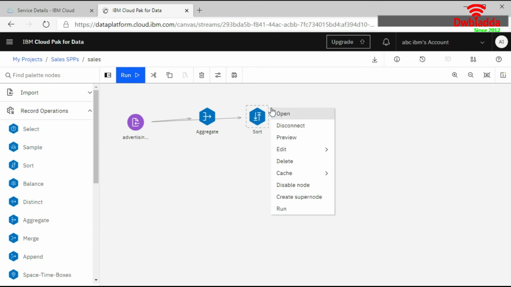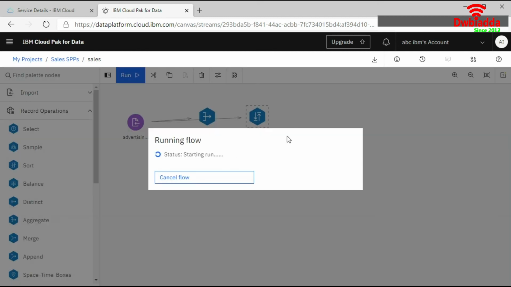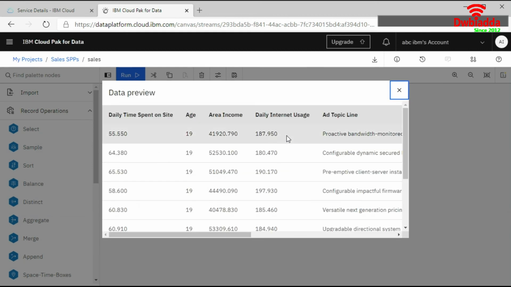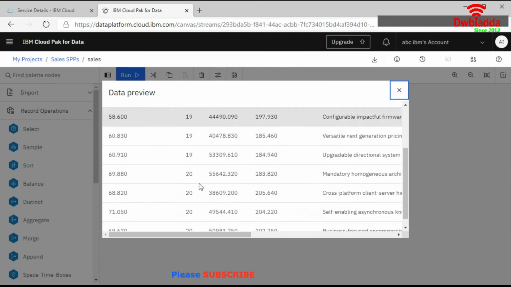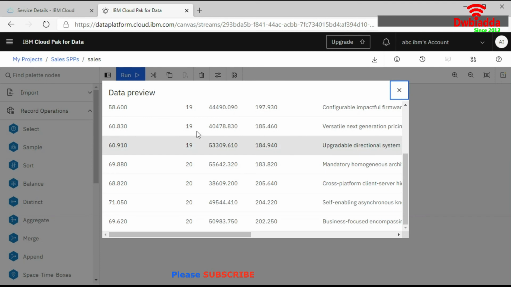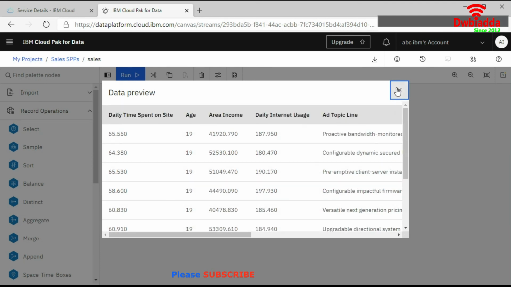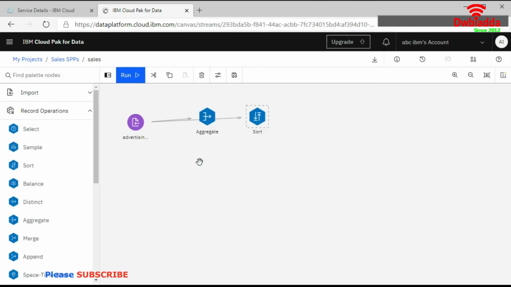Now we can preview it. So this will sort my age column in ascending order. You can look at it. It's showing 19 first, then 20. So this way you can sort your data set.